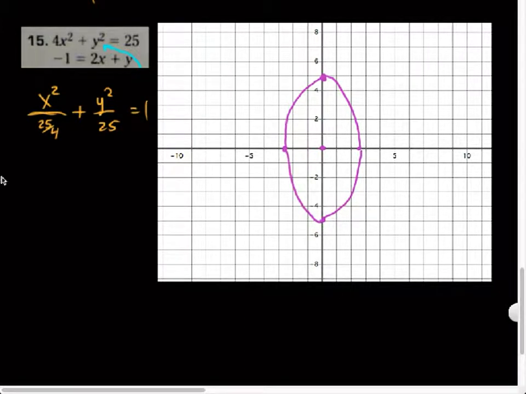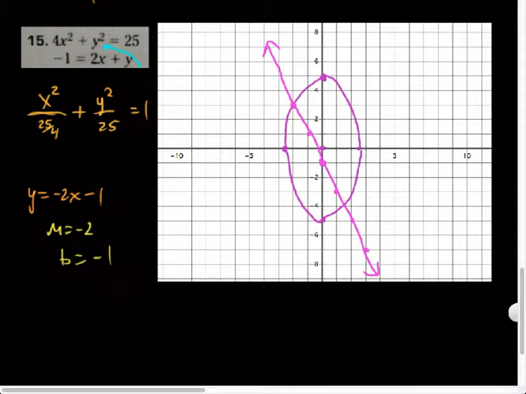Now the other equation is a line. I solved it for y earlier, and I had y equals negative 2x minus 1. So for this one, the slope is negative 2. The y-intercept is negative 1, not positive 1. So to graph that, y-intercept at negative 1, slope of negative 2, so down 2 over 1, down 2 over 1, or similarly, up 2 left 1, up 2 left 1. And if I draw my best version of a line,